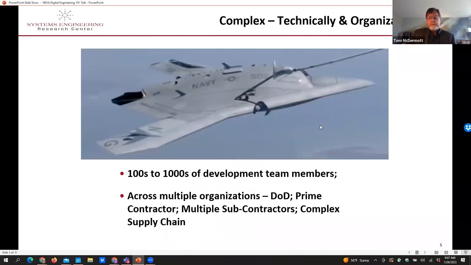If you think about, say, a Navy autonomous drone, the complexity of the organizational aspects is huge. It's a very complicated system, with hundreds or thousands of team members working on it. And this chief engineer, this small group of people, are expected to understand and manage the whole thing across multiple organizations, including the sponsor, the contracting activities, the subs, and all the things that go into making a complex system like this.